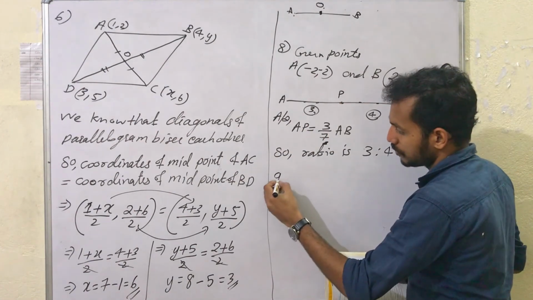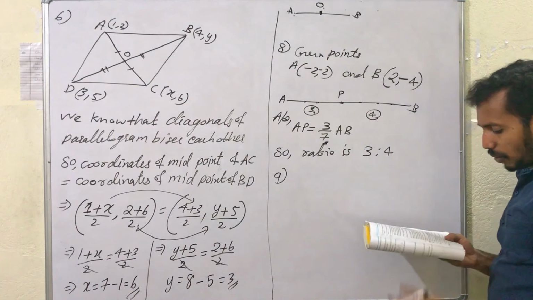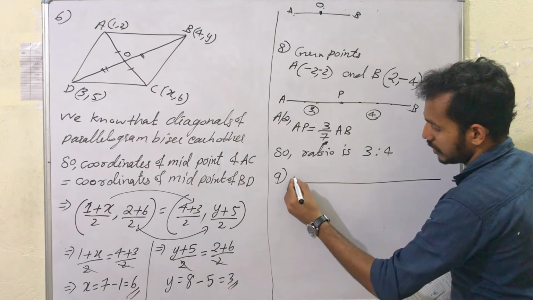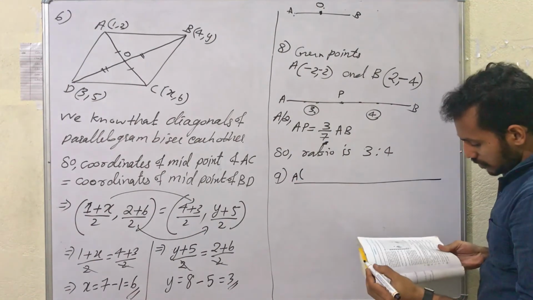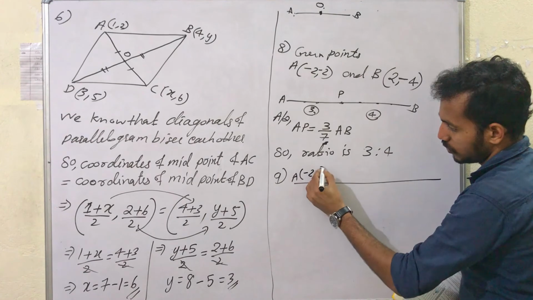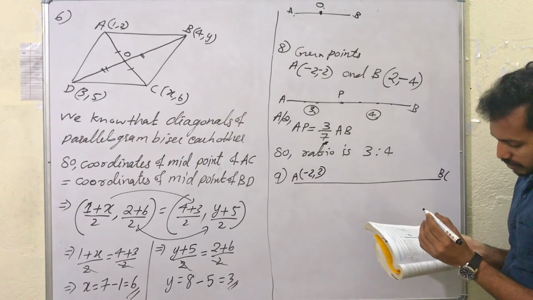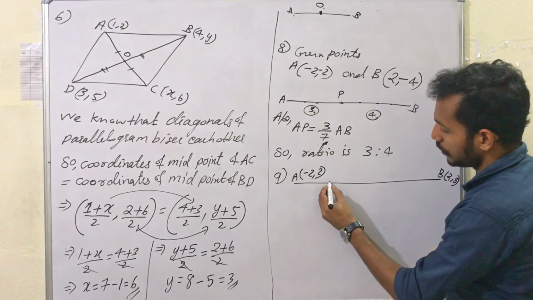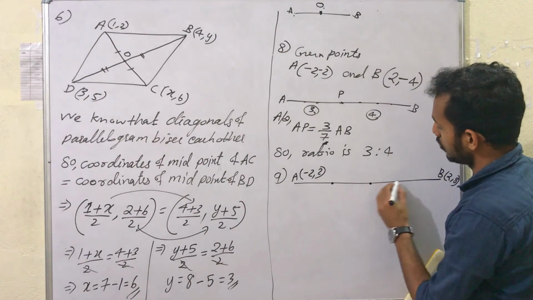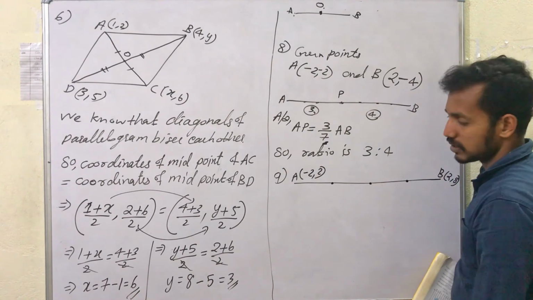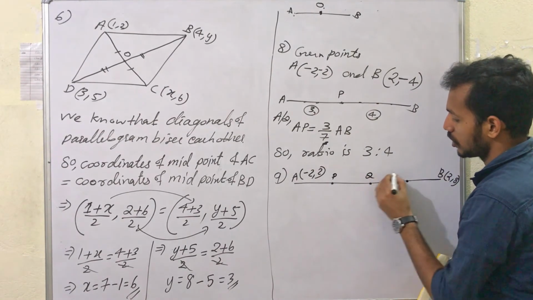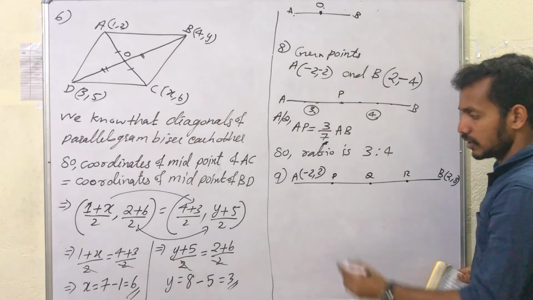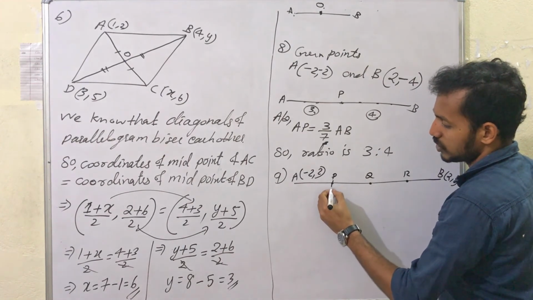Question number 9. Find the coordinates of points which divide the line segment joining A and B. Here A is (-2, 2) and B is (2, 8). I have to find the coordinates of points which divide it into 4 equal parts. So let's consider the points P, Q and R dividing the entire line segment into 4 equal parts. Then in case of P, ratio will be